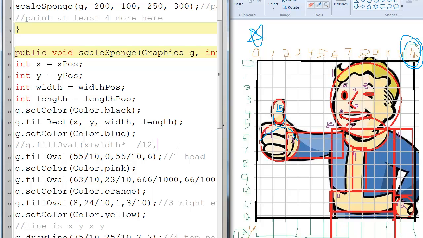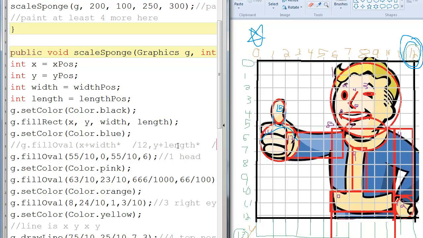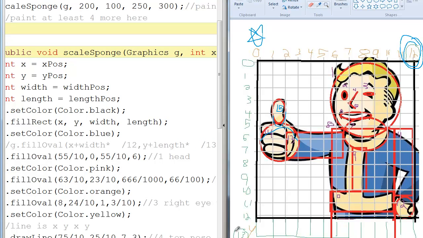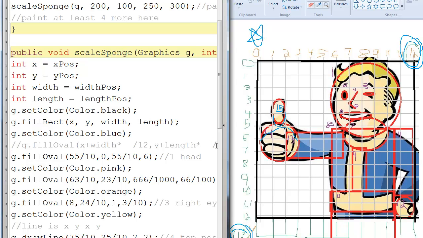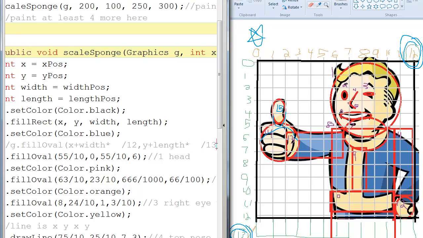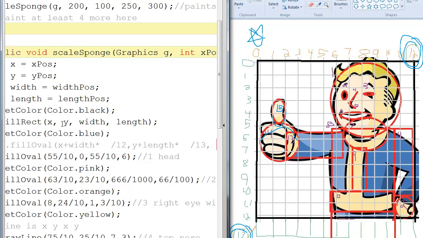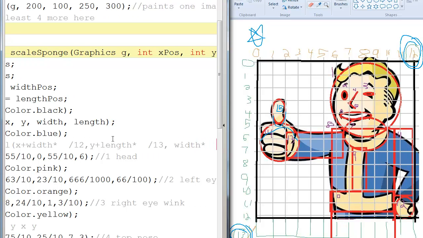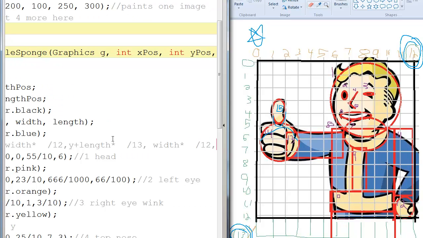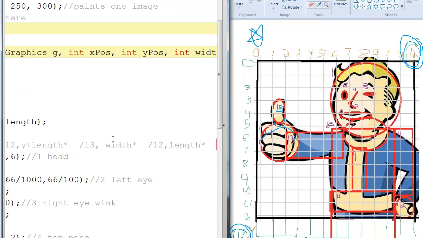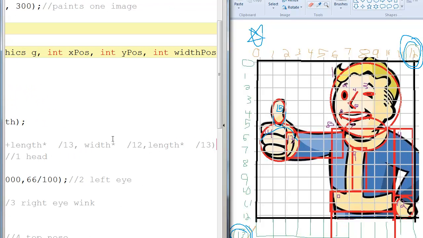Now our y value is going to be y plus length, times my blank, divided by 13. Remember it used to be 12, now it's 13, this is y, so you know the difference. So we have 13, and now we go back because it's x, y, width, length. We're just going to do width times blank divided by 12, and then length times blank divided by 13,